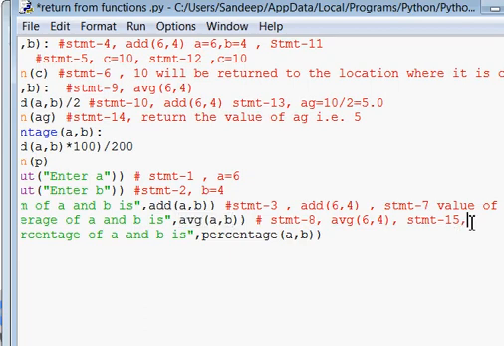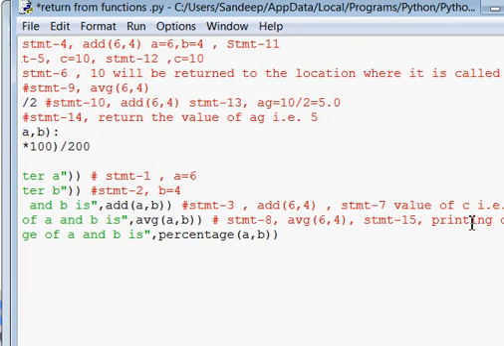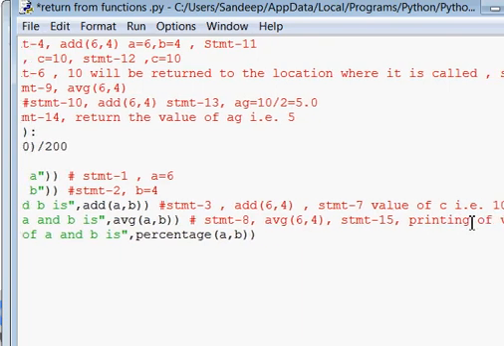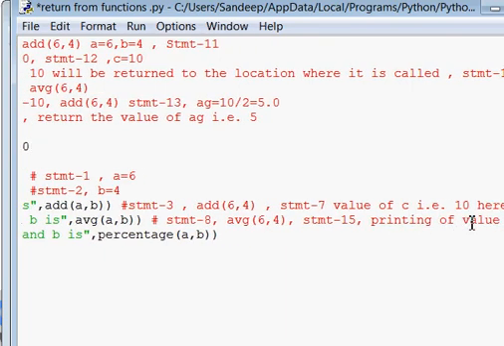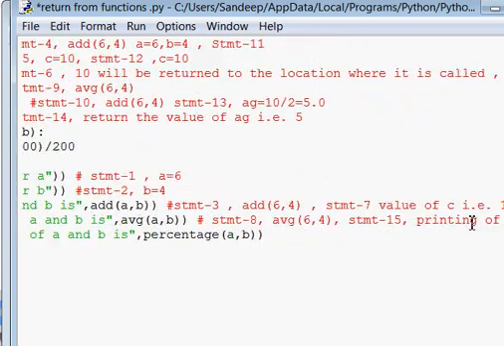So there will be printing of the value of AG. Okay, and now the next statement that will be executing is the last one.